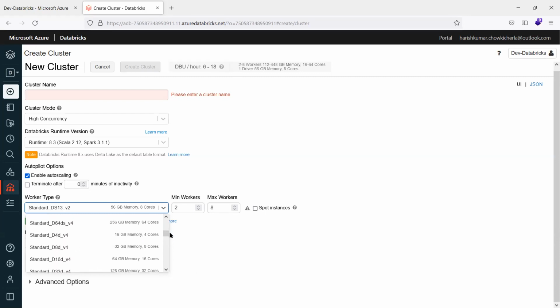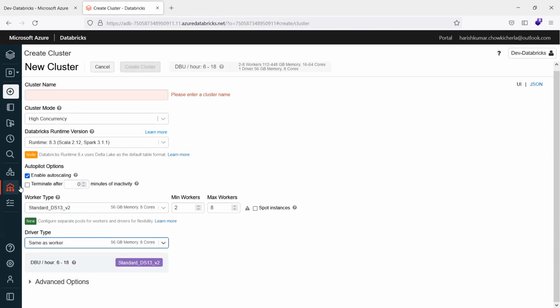And let me show you some more things here. Yeah, we're done with the auto scaling, right? So what is this terminate after something? Whenever your cluster is idle, which is not working for anything, or not used to execute anything, instead of generating the bill, it's better to terminate. If I'm not using it, whenever I want to use it, I can go and restart the cluster, or